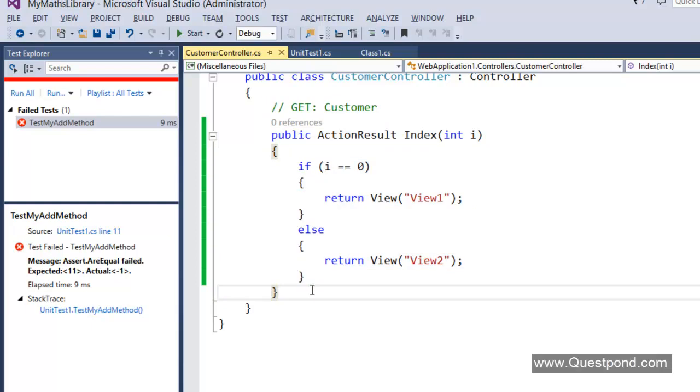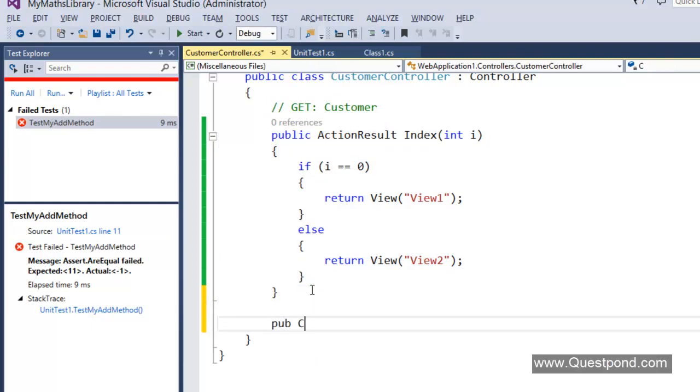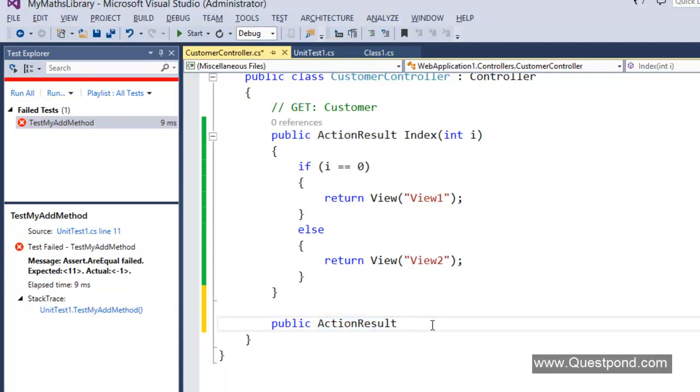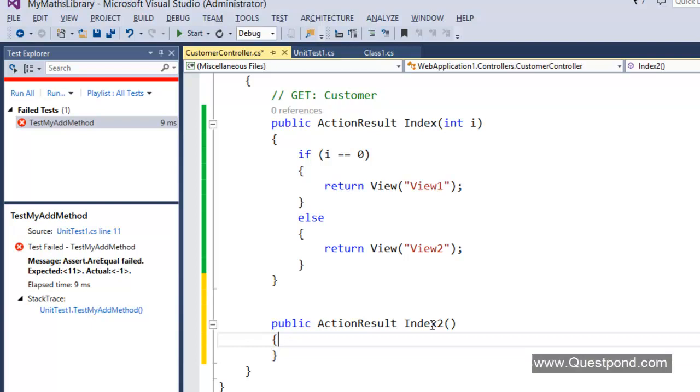Now let's create one more action method. I'll say public action result. Okay, let me copy it here. I'll say index2, and here we will say return view.